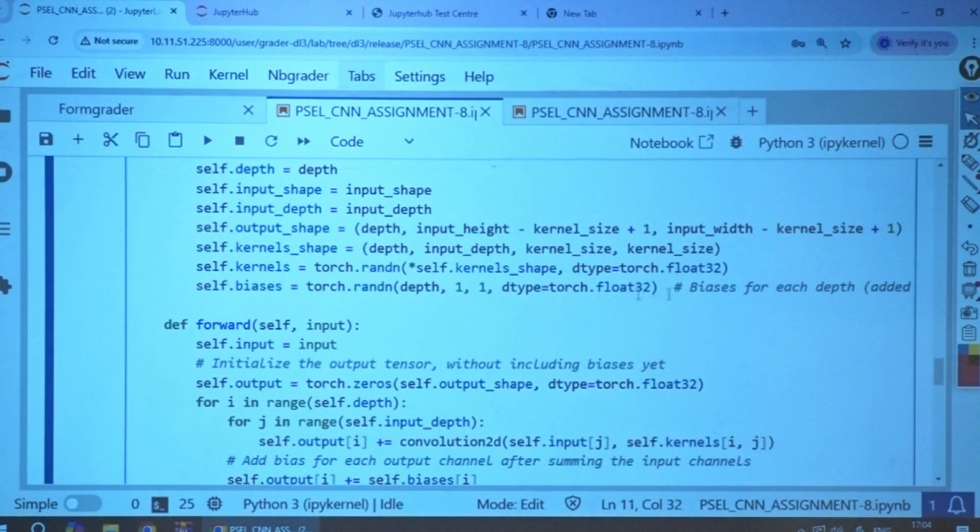What I discussed just before is that one bias should be defined for each channel. So now the change is a random tensor of depth by one by one, a bias term for each channel, which is of type float. This is the change I made from the earlier code.